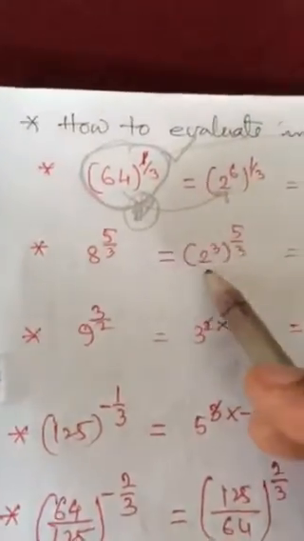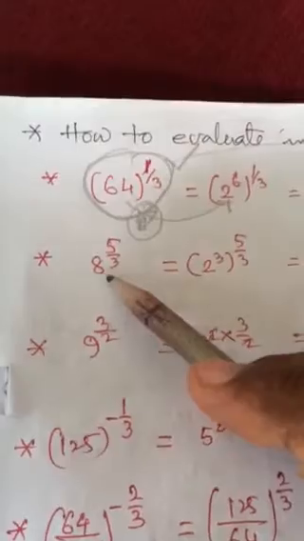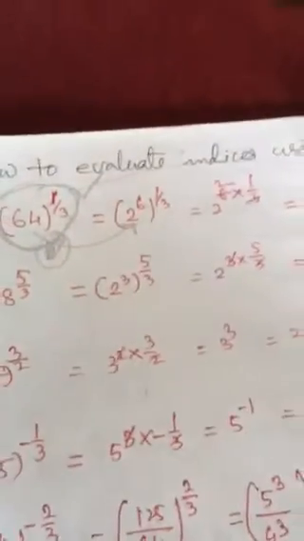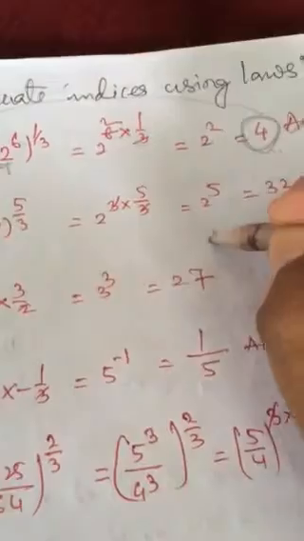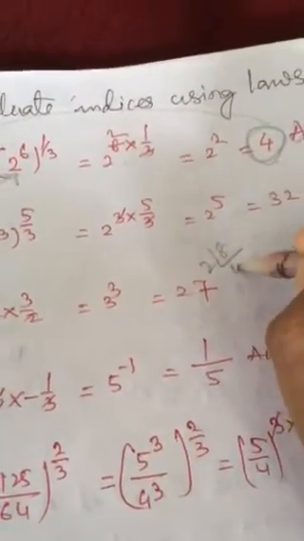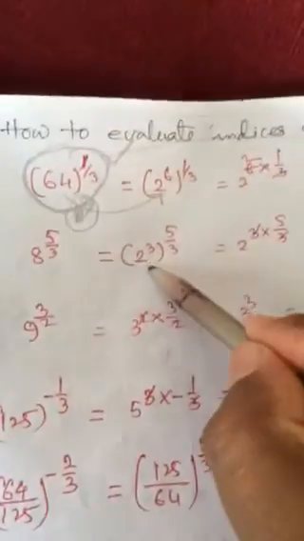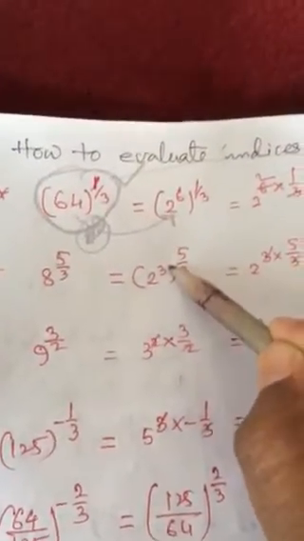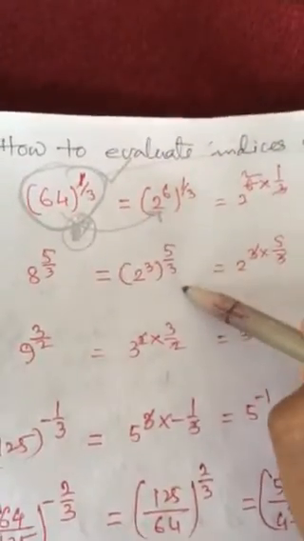So 8 can be written 2 to the power 3. You have to write this number in its index form. Okay, the index form of 8 is... How to find the index form? I have given it here. You simply solve it. Like 8, 2 4 the 8, 2 2 the 8. Now 2 is how many times? 3 times. I have written 2 is 3 times. And this is how we convert any base to its index form. Okay, 8 is converted to its index form. 5 by 3 is already there.